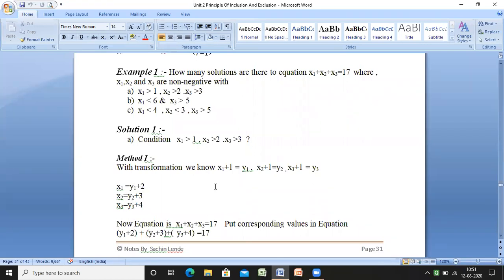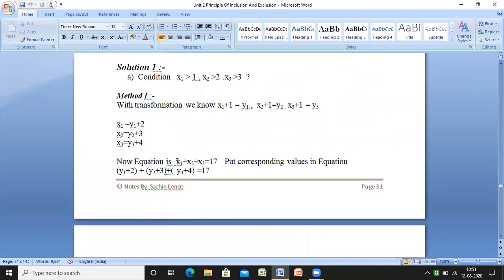And we simply put that greater-than-1 value with this condition through a transformation, so that value will be y1. So we put up the equation with this transformation: y1 plus 2, y2 plus 3, y3 plus 4. It is going to satisfy the condition because the first value is greater than 1, the second is greater than 2, and the third is greater than 3. That means we add one to get 2, 3, 4. So in this case we put x1, x2, x3 as y1 plus 2, y2 plus 3 and y3 plus 4 in the above equation equal to 17 instead of x1 plus x2 plus x3.